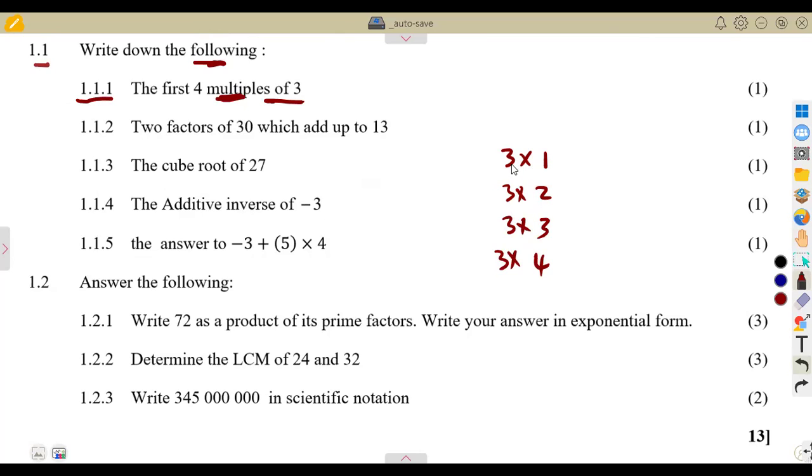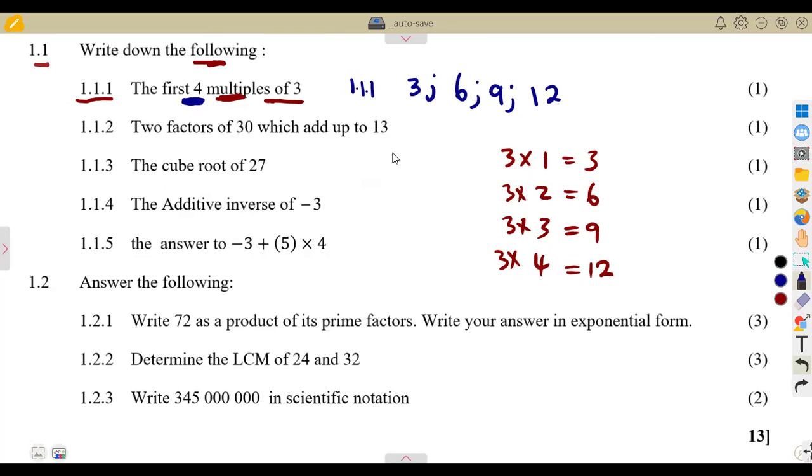1, 2, and so on. So you're multiplying 3 times 1, which is 3, 3 times 2, which is 6, 3 times 3, which is 9, 3 times 4, which is 12. So if you have forgotten, you can go back to this idea to get back your multiples. So in this case, the multiples, which are the first 4. Take note, they gave you the first 4. So you start at 1, 3 times 1, which is a 3. So the first one is going to be 3, followed by 6, followed by 9, followed by 12, and so on. If you're to continue, you're going to multiply again 3 times 5, which is a 15,